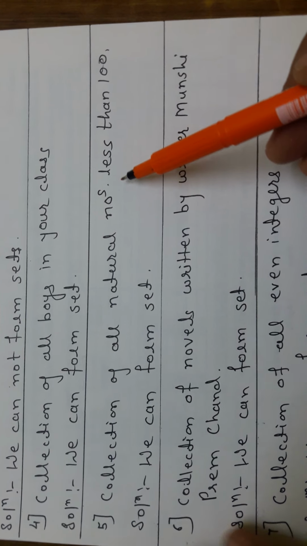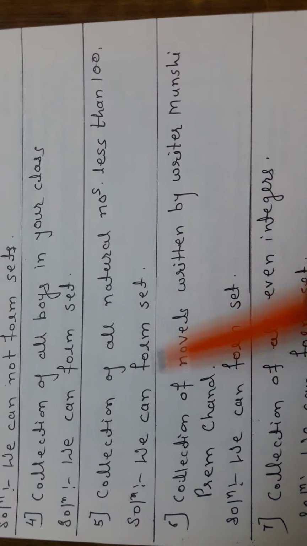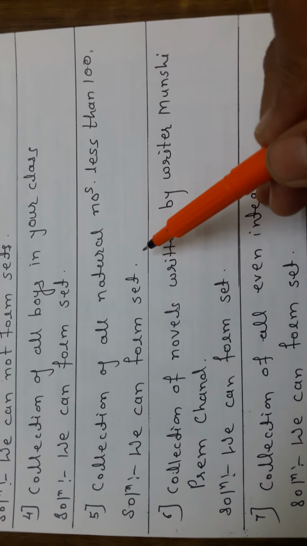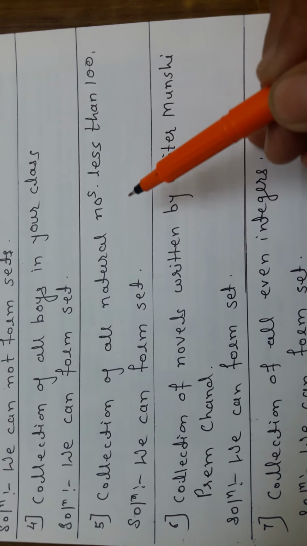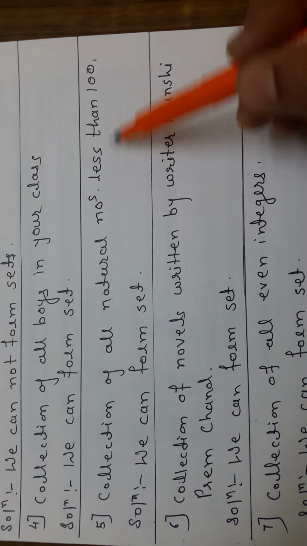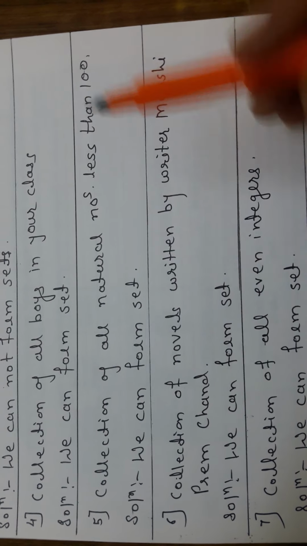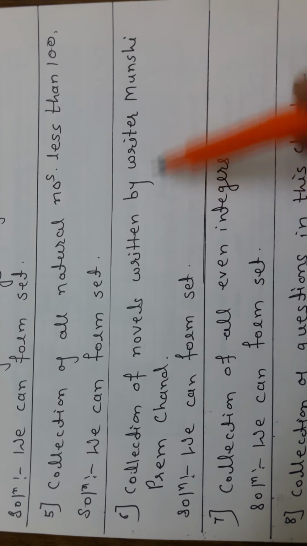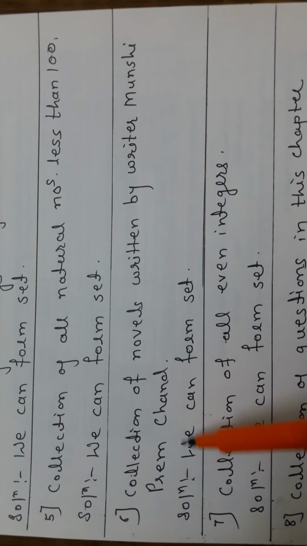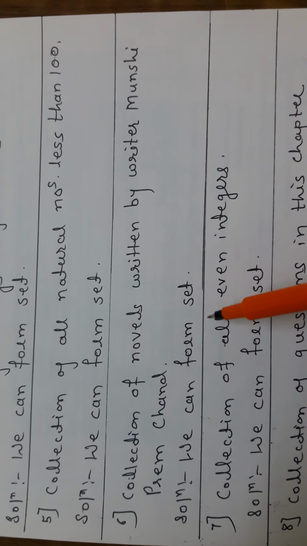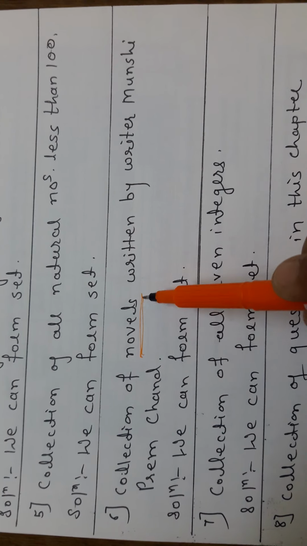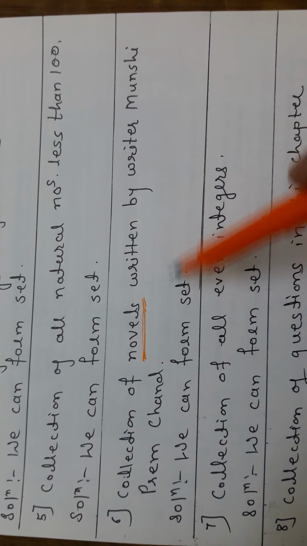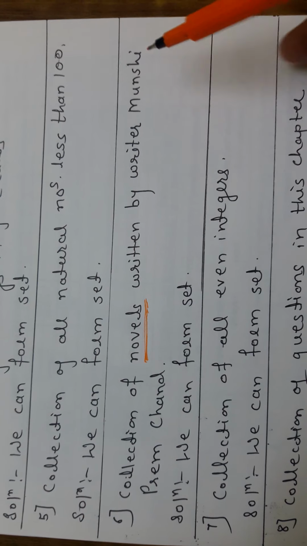Collection of all natural numbers less than 100. We can form the set because natural numbers start with 1, 2, and lastly, less than 100 means till 99. We can form the set. Collection of novels written by the writer Munshi Premchand. It is also a set because they have specified the novels written by the writer Munshi